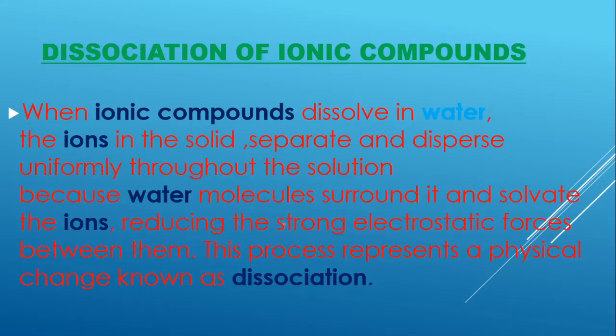What exactly happens to these ionic compounds when they dissolve in water? See, actually these ions get separated from each other when they get dissolved in water or any solvent which has been taken. And they get dispersed. That means they move randomly. What get dispersed? The ions. Positively charged cation and negatively charged anion. They get dispersed very uniformly throughout the whole solution.